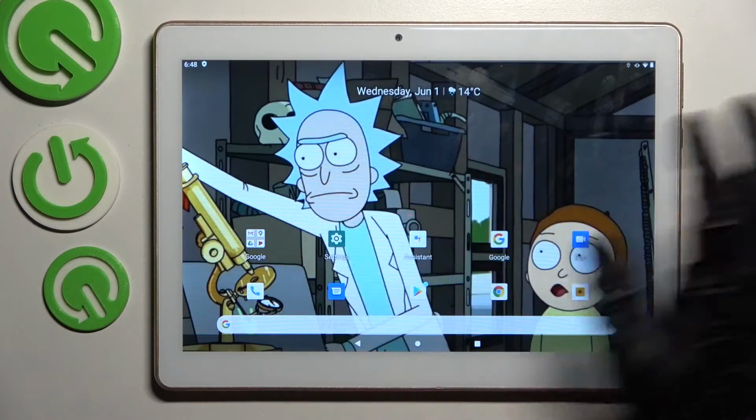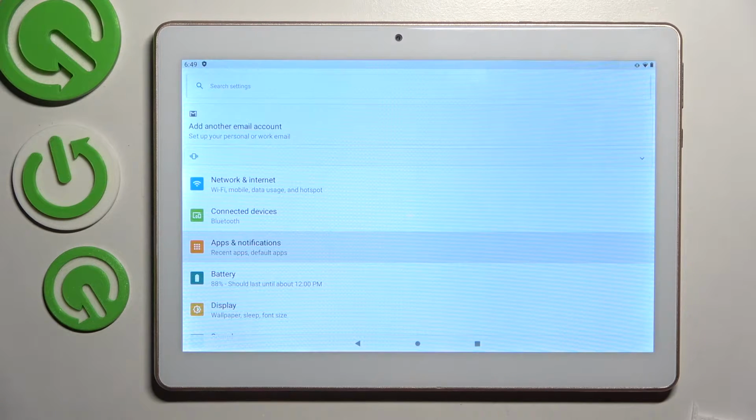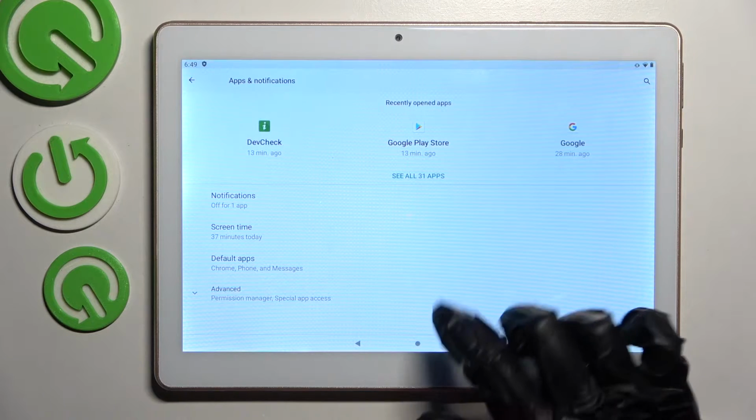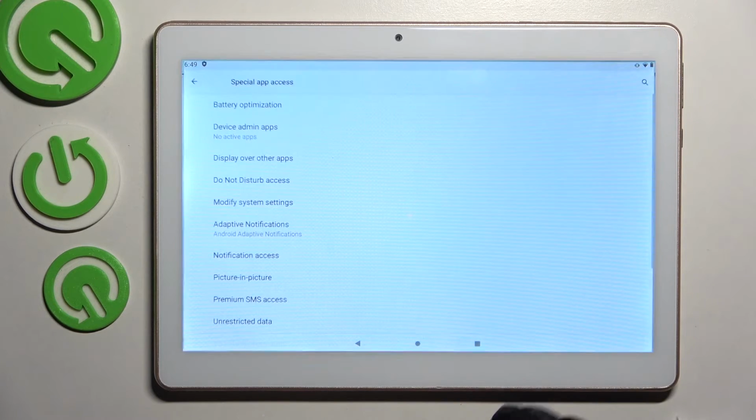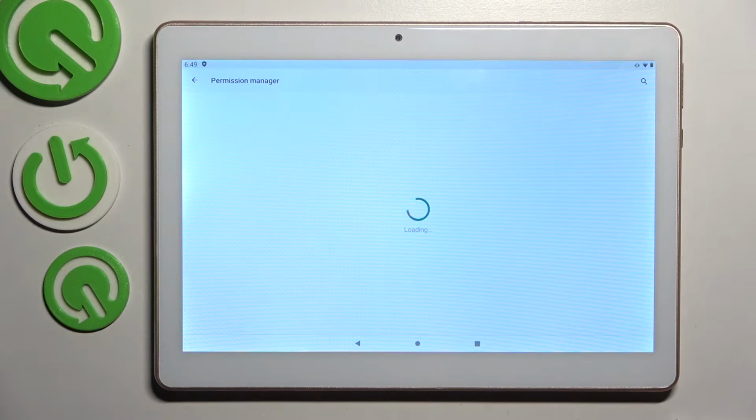You need to begin by opening Settings. Now choose Apps and Notifications over here. Click on Advanced and click on Permission Manager. Following that, you need to click on one of your device's features,